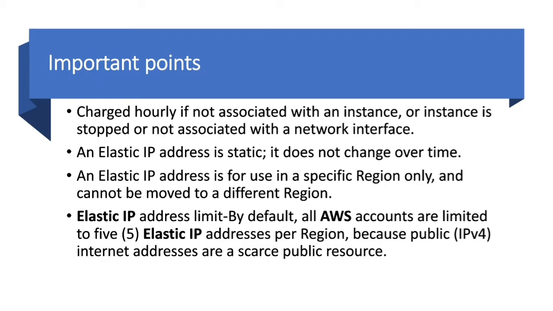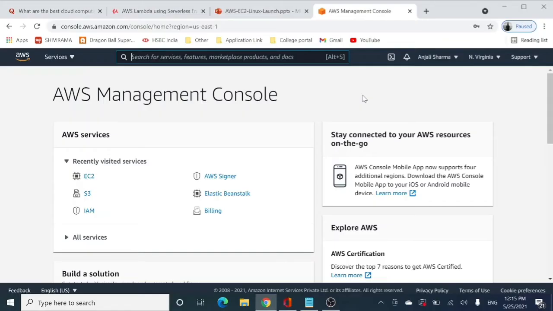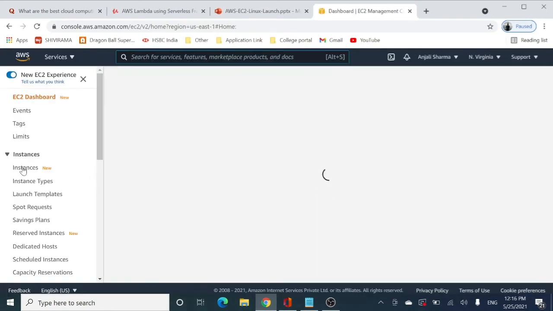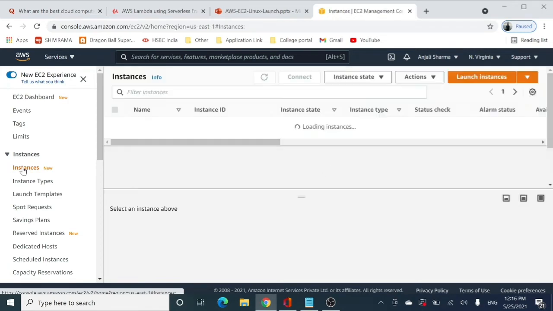So without wasting any time, let us understand, because I do not want to focus more on theory. The theory lectures will be taken care of separately. So now I am in the AWS Management Console, and for looking at the IP addresses or the elastic IP, we will be creating a new EC2 instance with Apache Web Server installed on it. And why I am again installing the Apache Web Server, you will see in the hands-on.